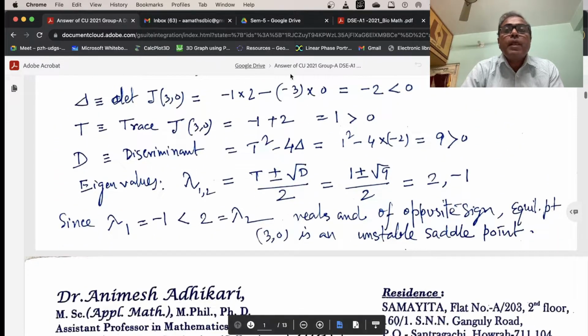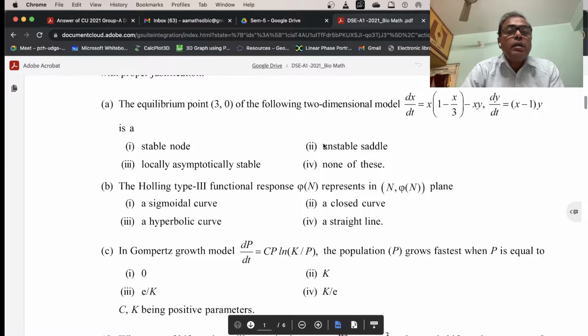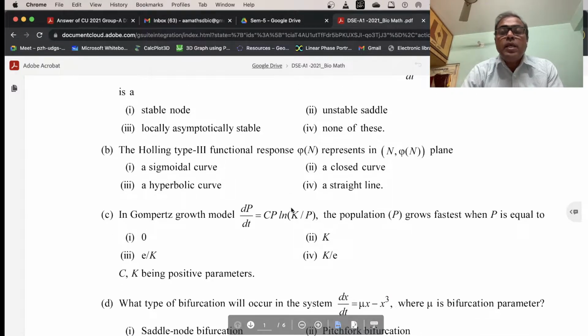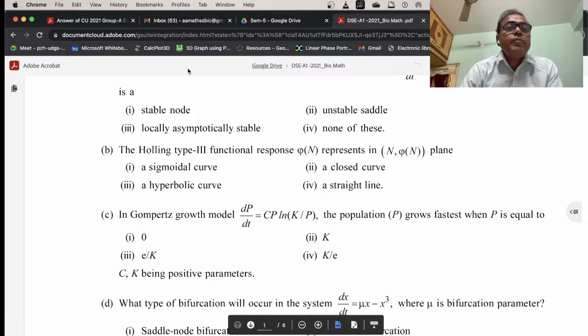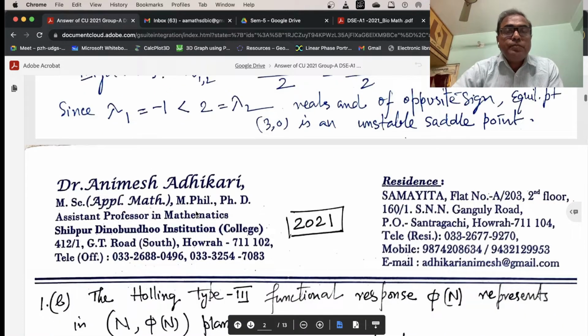Next question, question 2. Question B: the Holling type 3 functional response phi(N) represents, in the N-phi(N) plane, option 1, a sigmoidal curve, option 2, a closed curve, option 3, a hyperbolic curve, option 4, a straight line. Now the answer is